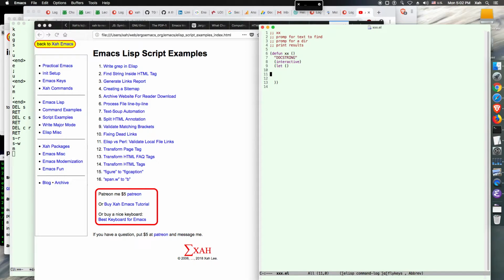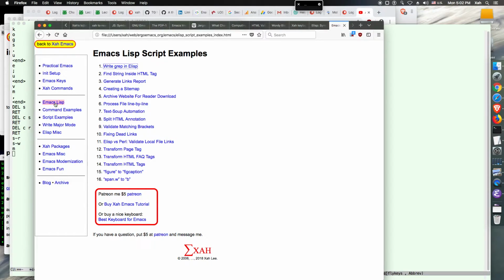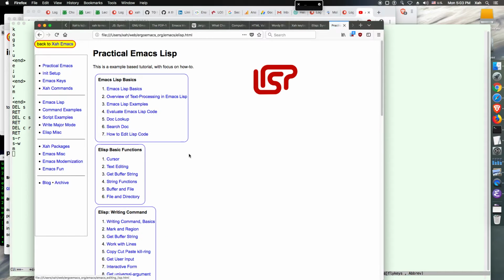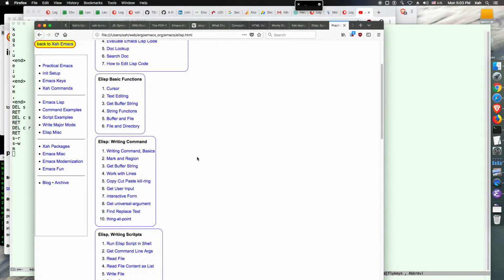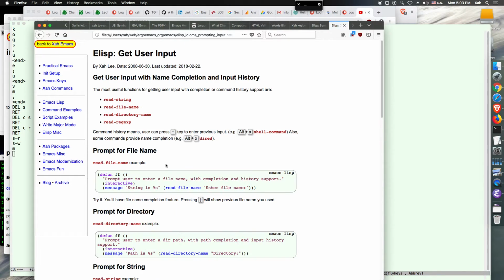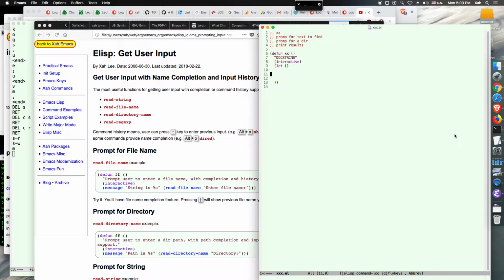So okay, prompt for text to find. Yeah, let's see. How do you get a prompt? Command example Emacs Lisp. How do you get a prompt from user? Get buffer string. Get user input. That's the one you want. Read string. So that's what we want. Read string. Okay, I don't have a shortcut for that. That's no good because I need